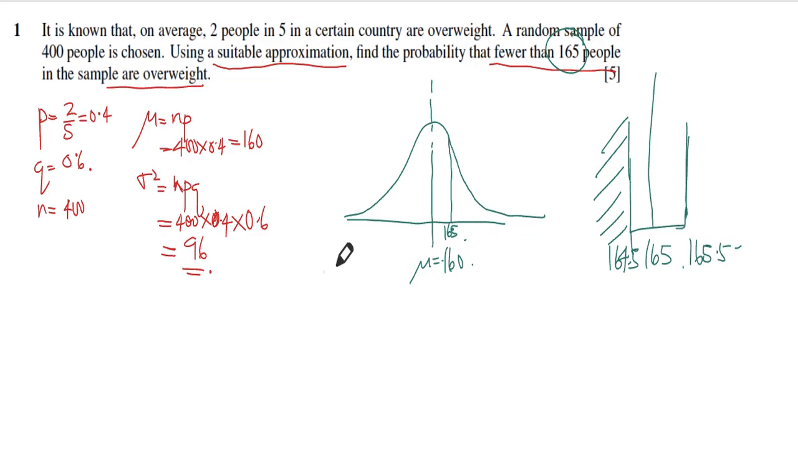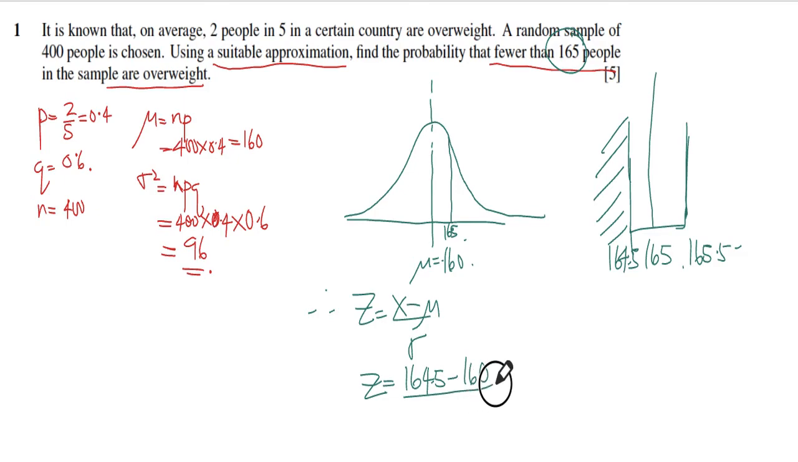So from here, first thing, find your z-score. The z-score is x minus mu over the standard deviation. So z-score equals 164.5 minus mu, which is 160, over 96. But that's the variance, so you have to square root that. So square root of 96. And use your calculator to find your z-score, which is 164.5 minus